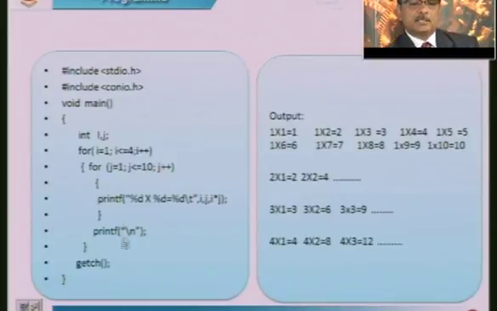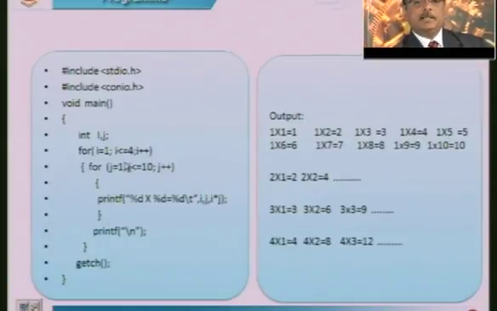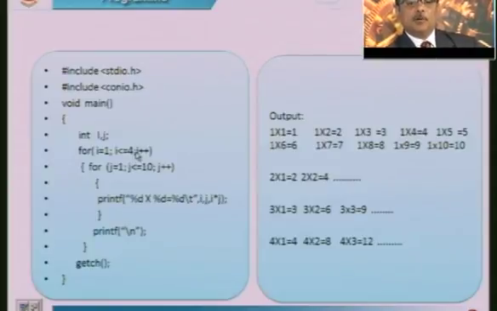Then after this, control printf slash n goes outside this loop and makes the i value become 3, and you will get the third number table. Similarly, you will get the fourth number table. So, this process is repeated until i less than or equal to 4. If you want up to 10 numbers, replace this by 10, and from 1 to 10 tables you can generate on the output to get the result.